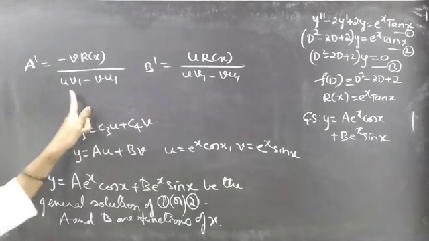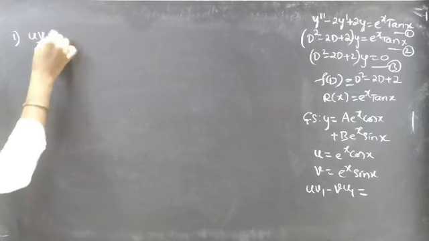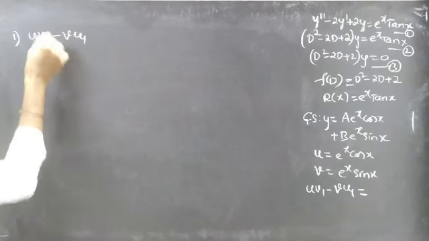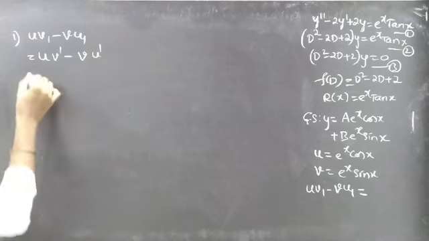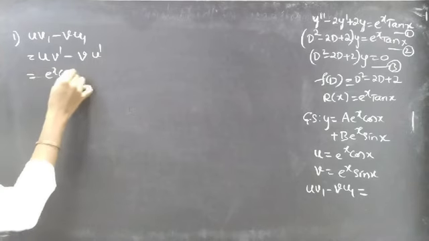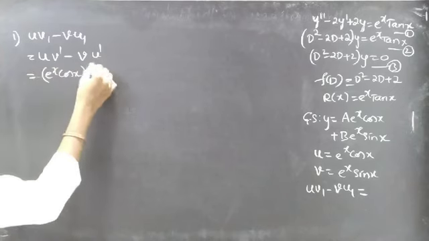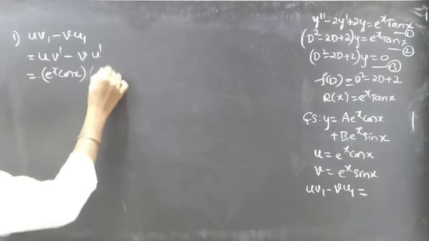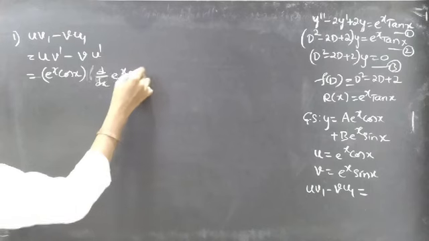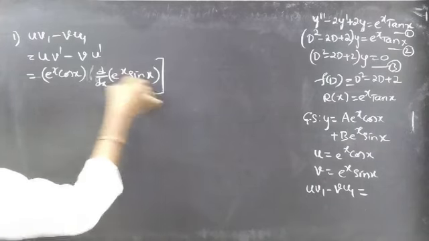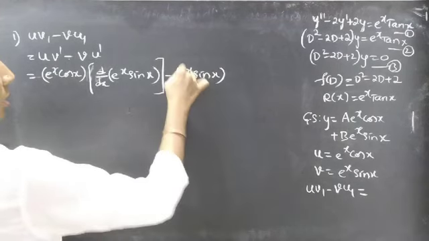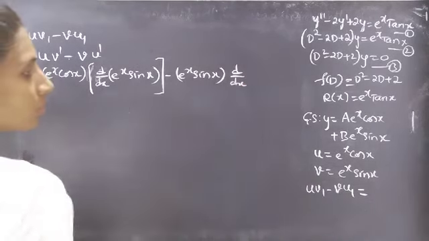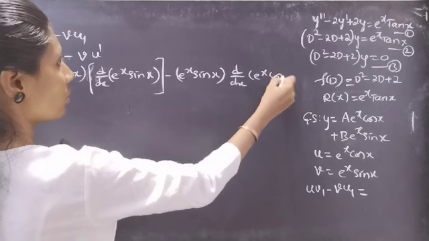Now let's find uv1 minus vu1. We know that v1 is nothing but the derivative of v with respect to x, and u1 is nothing but the derivative of u with respect to x. This equals u, e power x cos x, into v1, that is the derivative of e power x sin x with respect to x, minus v, e power x sin x, into the derivative of u, e power x cos x,